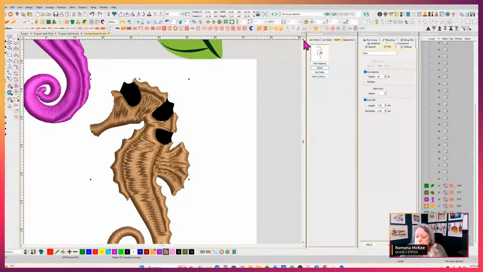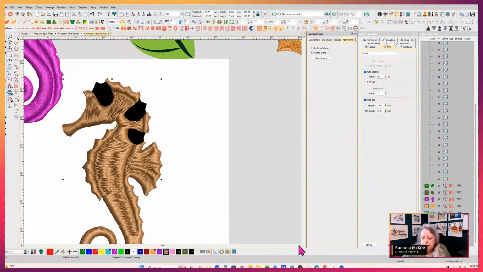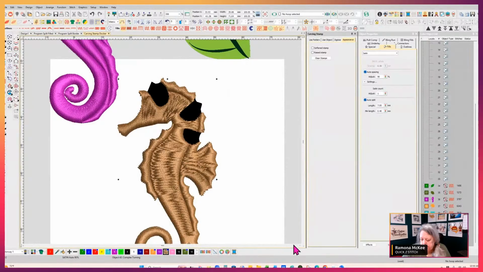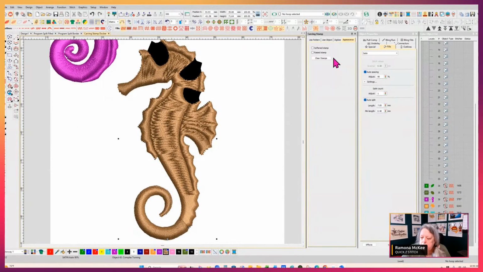We have one more tab. We're going to talk about appearance. We're going to stick with our seahorse here. There are two appearance settings. One is to soften the stamp, and what it does is it makes the stamp, but it's not as defined. The other one is to raise the stamp,